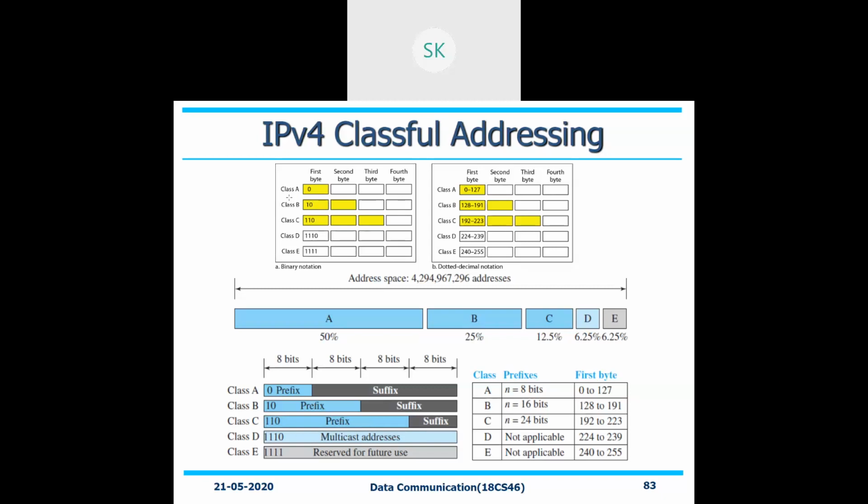If you are dealing with your B class at that point of time, the first byte will be reserved for 10. This is your second byte. That is what they will be representing. After that, they will say that the second byte will also be reserved for your network ID. The remaining 2 will be for host ID. So for class C, the first 3 bytes will be reserved for your network ID. Now, only one byte will be left for your host ID representation.